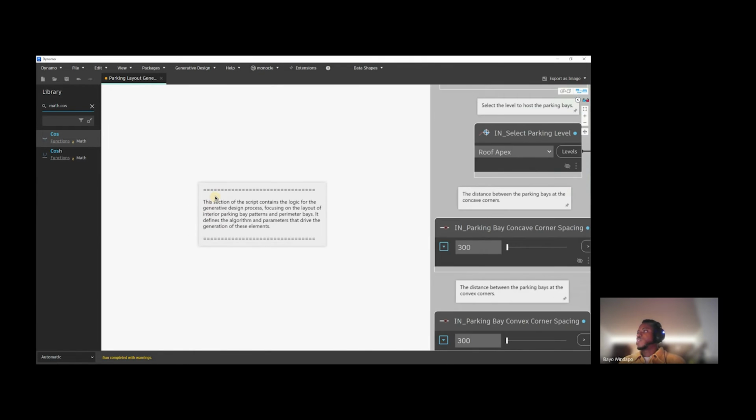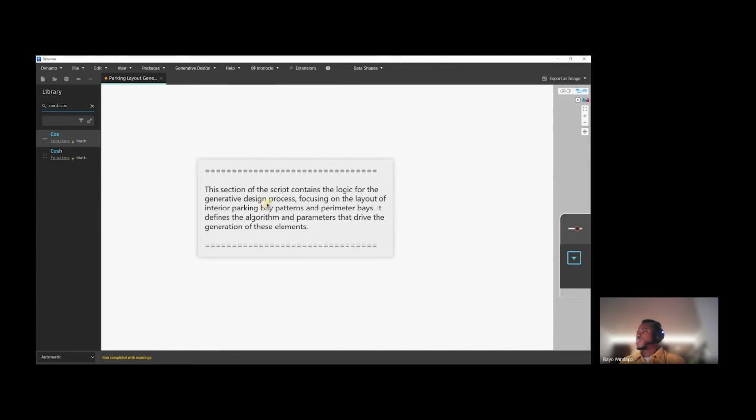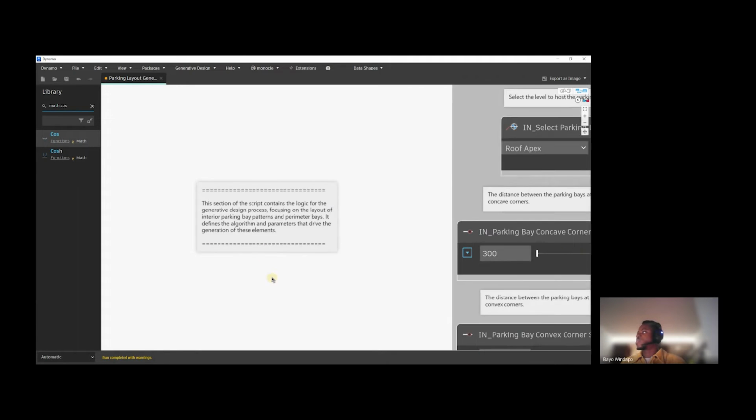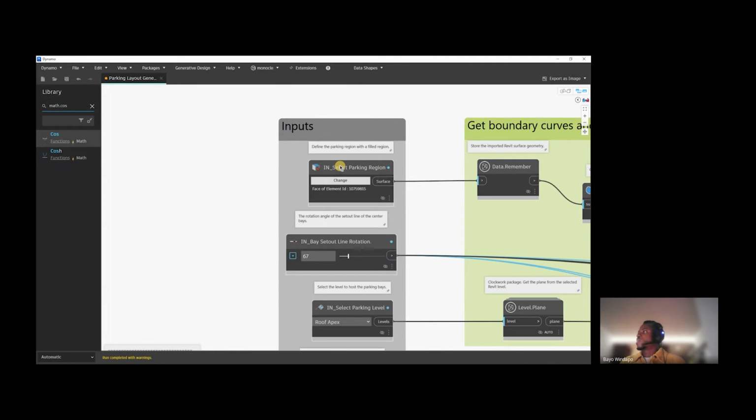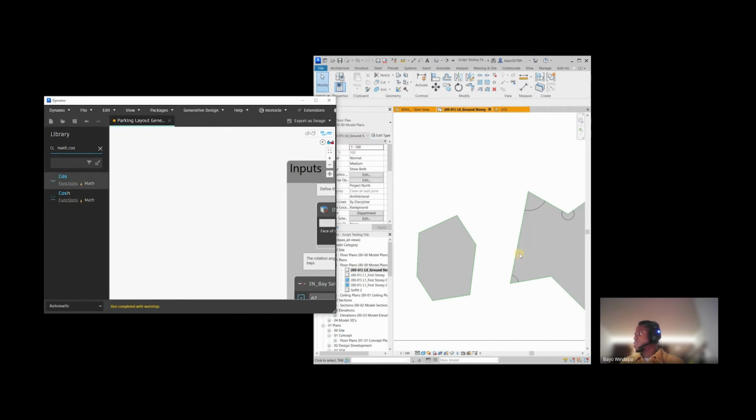So as I explained here, this section of the script contains the logic for the generative design process, focusing on the layout of the interior parking bay patterns and the perimeter bays. It defines the algorithm and parameters that drive the generation of these elements. Okay, so the parameters we have here are the parking region. So this is what selects the surface, which is a filled region from Revit. As I showed previously, it is that. So all these here,